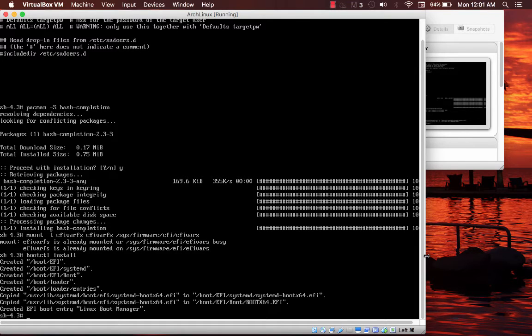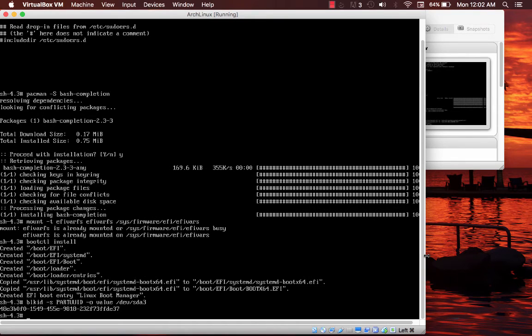And so what we'll do here is run blkid, right? So this is the block device ID, -s PARTUUID, because that's what we want, and -o value, of our root partition, /dev/sda3. We want to use PARTUUID instead of this name, because the PARTUUID will always be the same no matter what for a partition that you created. So we'll do that. If we enter this command now, it'll just tell us what the PARTUUID is,